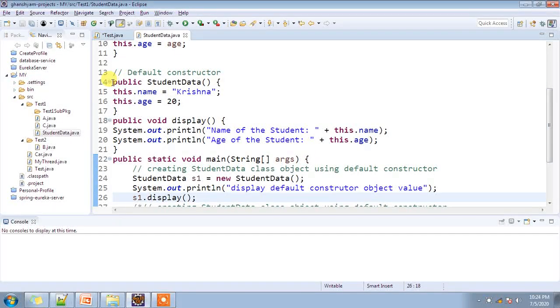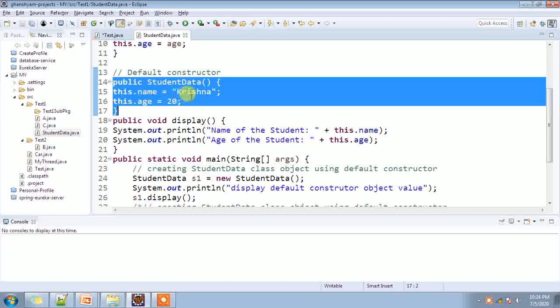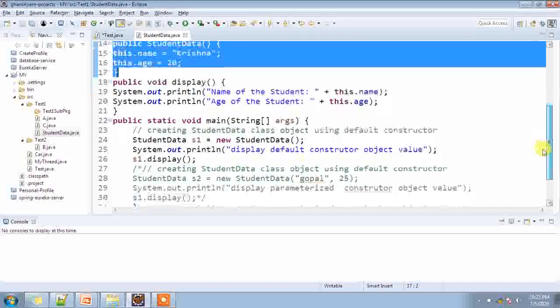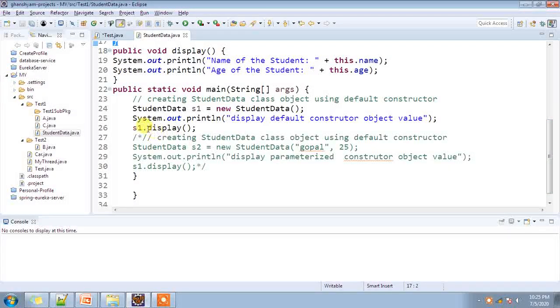This constructor will be called and it will assign the value Krishna to name and 20 to age. So now name and age have the values Krishna and 20. If you call the display method on the S1 object, it will print Krishna and 20.